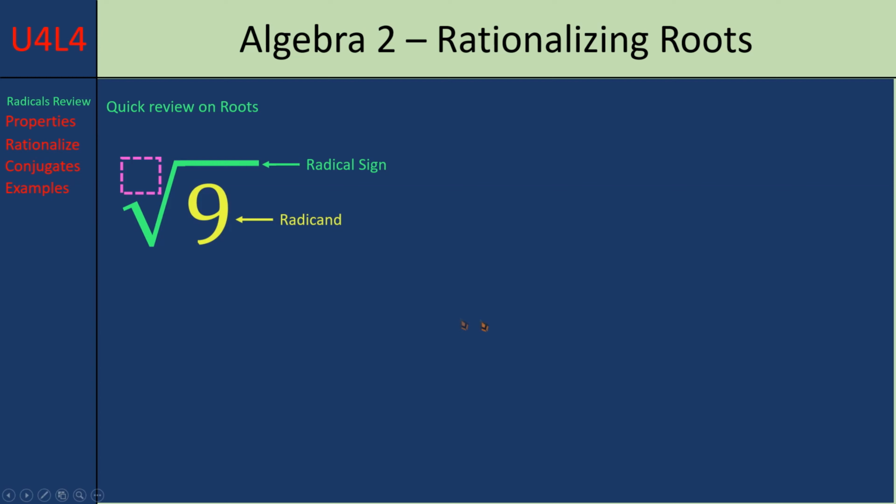And there's this little space here in the corner of it. Usually we don't see anything there, but there's actually a space for a number there. That is called the index of the radical sign. We usually don't write any number there. If it's invisible, the number is actually 2. There's an invisible 2 there. So that's what that number does, it tells you to break your radicand into 2 things that